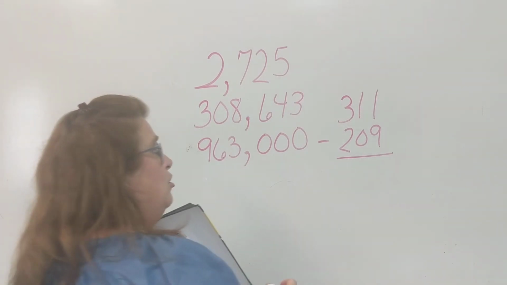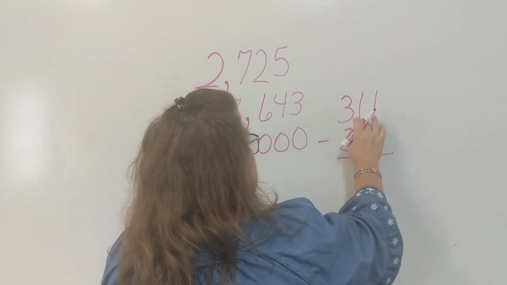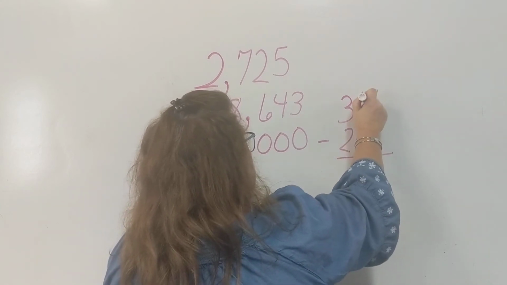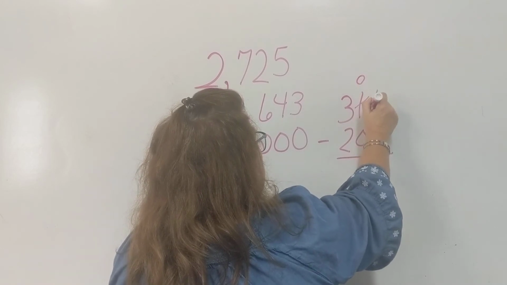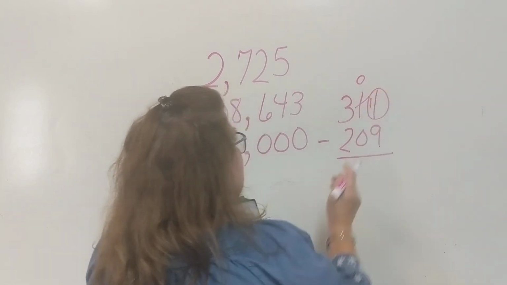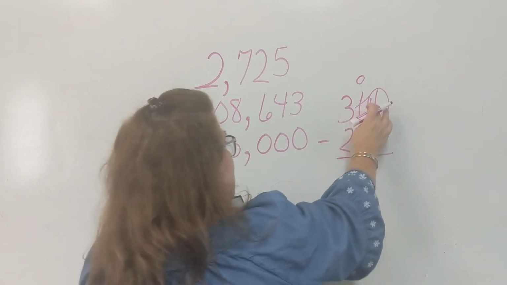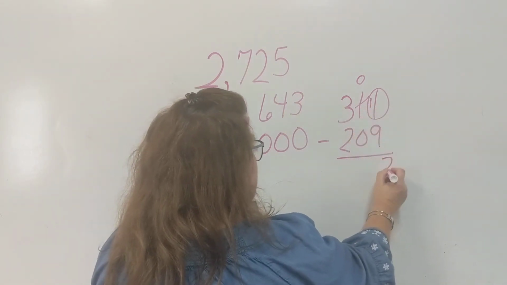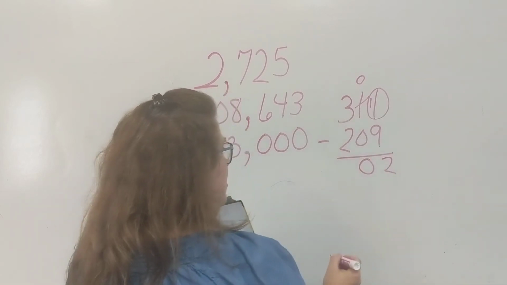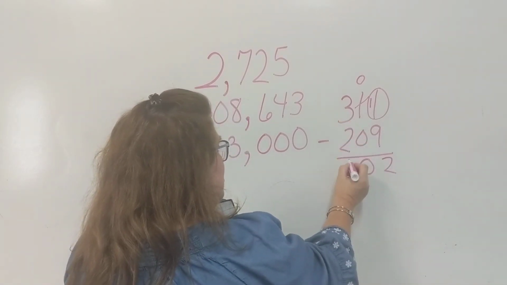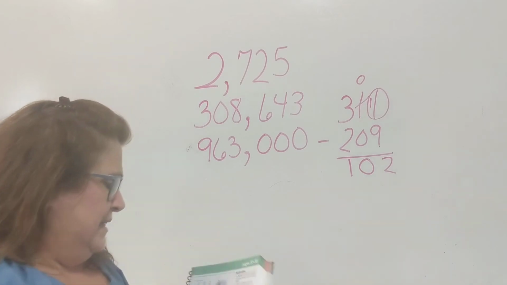So I'm going to have to go next door and borrow. So I'm going to come over here to my neighbor and borrow 1 from him. So he has none now. And I'm going to put my 1 in front of my 1, and I have 11 now. So 11 minus 9 is 2. 0 minus 0 is 0. And 3 minus 2 is 1. So my difference is